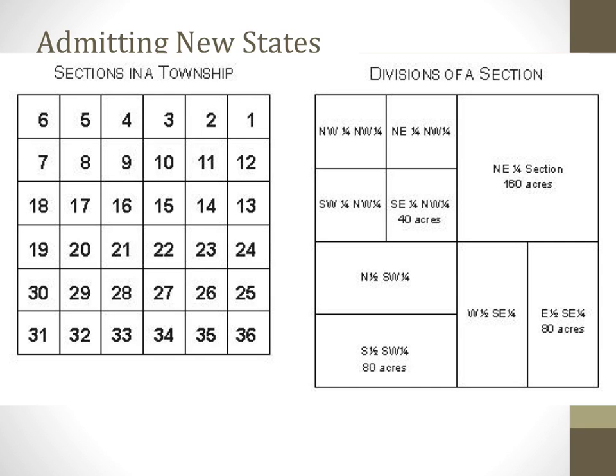And so the Land Ordinance sets up the process of settling it and how to sell it off. And they divide it up. They divide up these townships into 36 sections, and each section is 640 acres, and you could subdivide that even more and sell that off into smaller pieces. And then once enough people settle there in that territory, based on the rules of the Northwest Ordinance, they could then apply for statehood and be admitted as a new state.